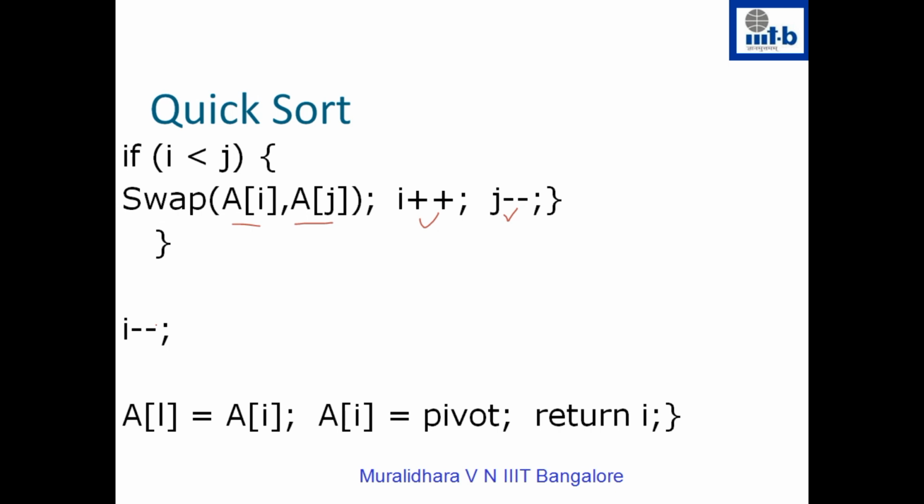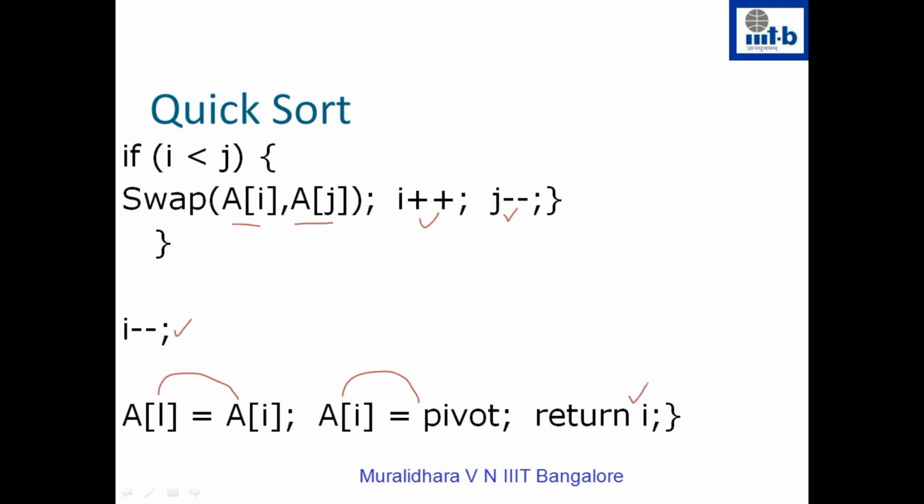Since I will go to the right hand side only if the number is smaller than or equal to the pivot, when I come to the location a of I minus 1, I first do I minus 1 and then talk about a of I. The number at a of I is smaller than or equal to the pivot. After this partition, I want the pivot to be at this location. So I just swap. Swapping is essentially the same as writing, at a of L, a of I. A of L is the pivot. And at the location a of I, I write the pivot, and then return I.